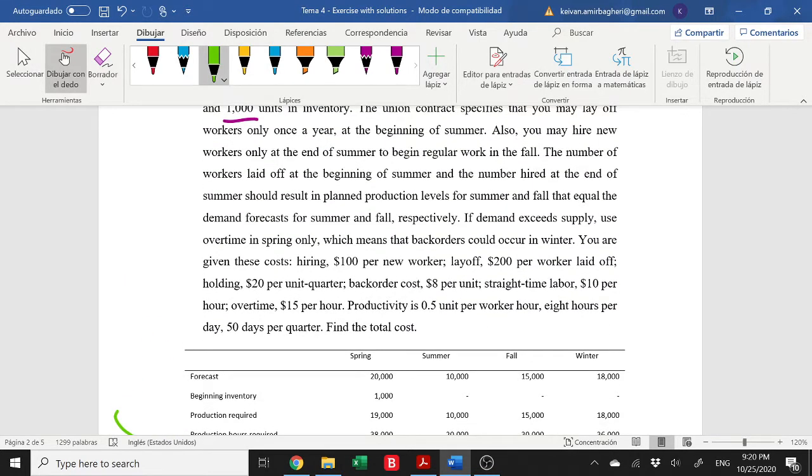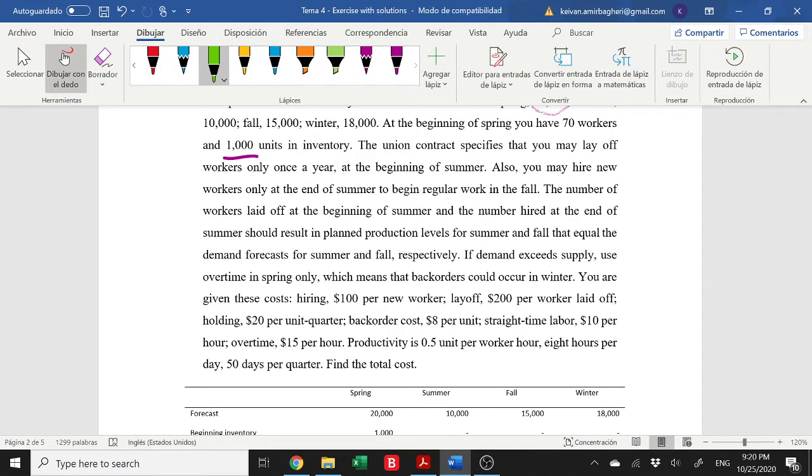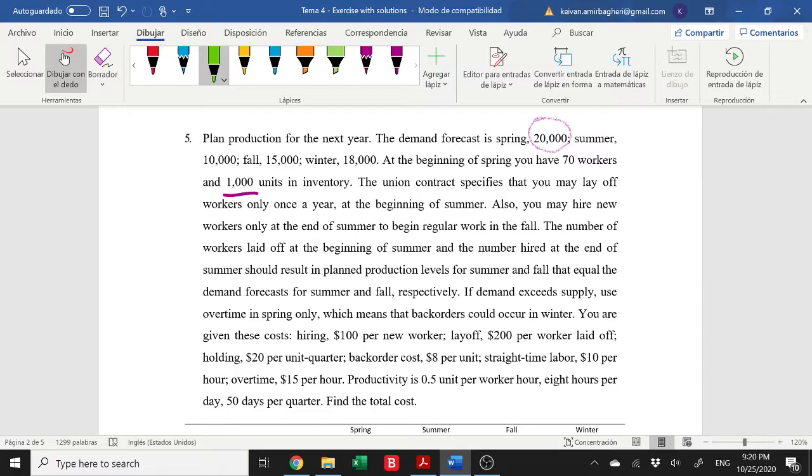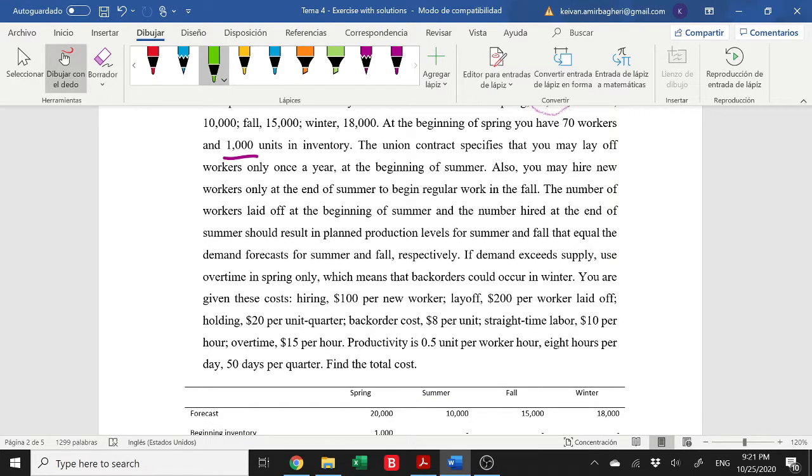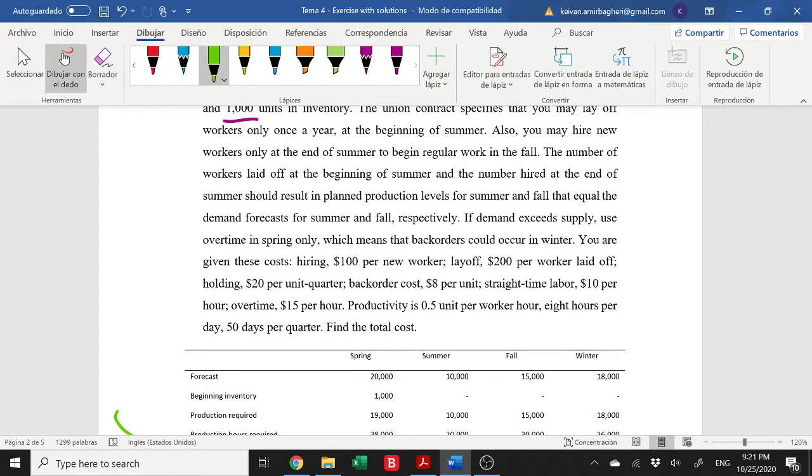But it says the overtime workers, let me find it. Where is overtime? Aha. Overtime in spring only is permitted. So let's calculate